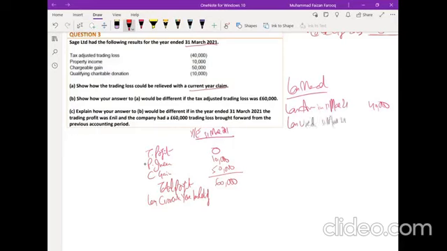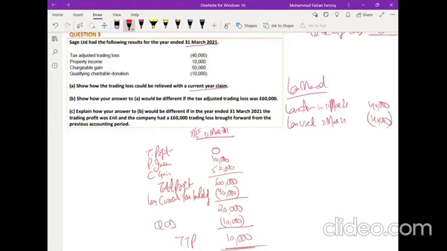How much is your loss? Trading losses 40,000. So is it possible to apply it in this one? From the 60,000 you can adjust it? Yes, we can. And then we will have QCD in this question. This is companies, no? So after QCD we will have TTP. This is the answer. Simplest.